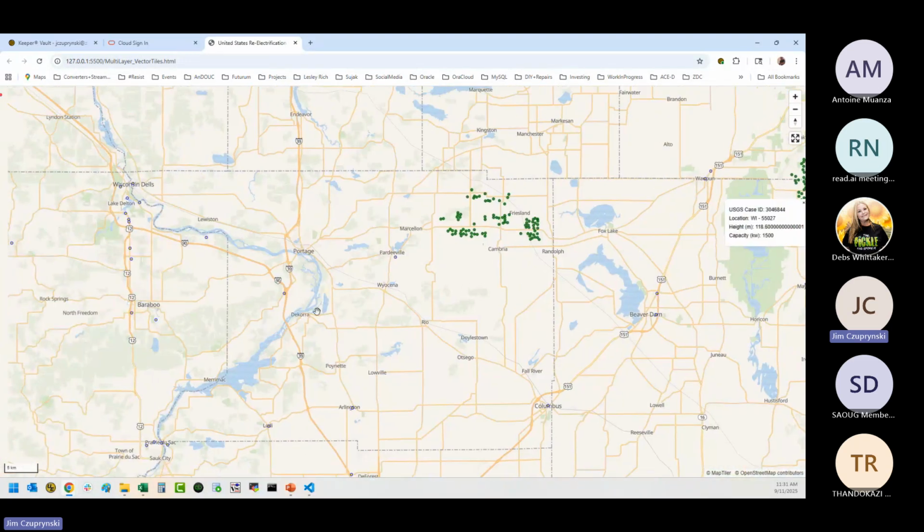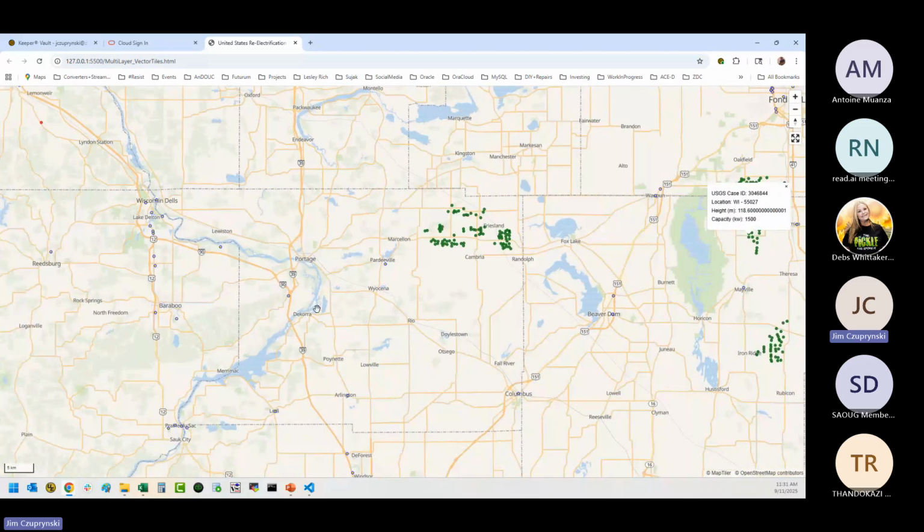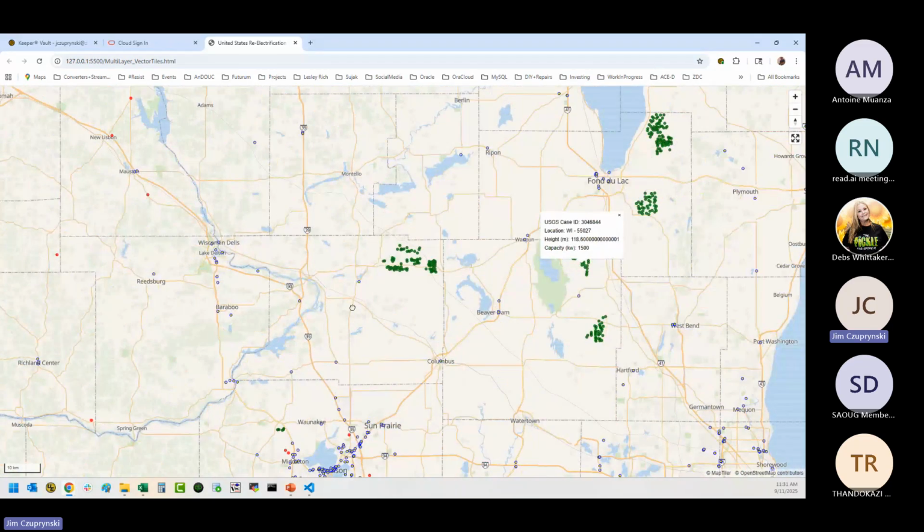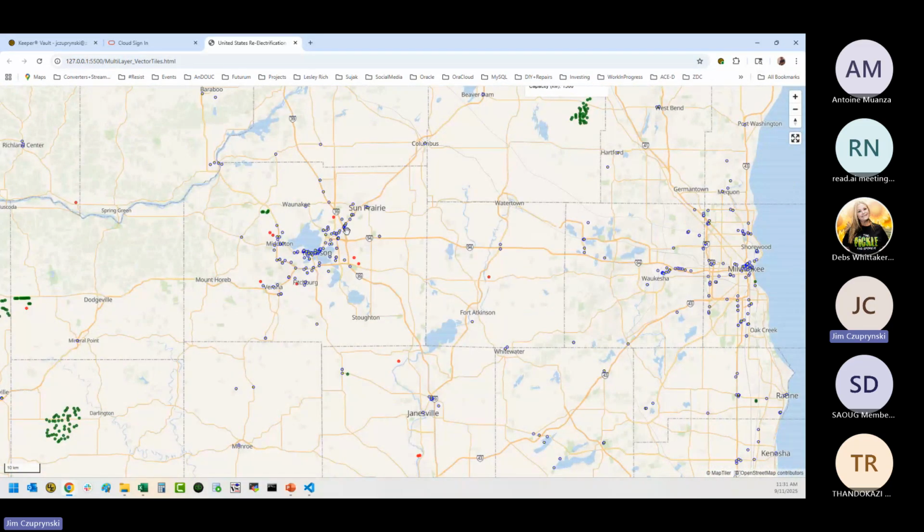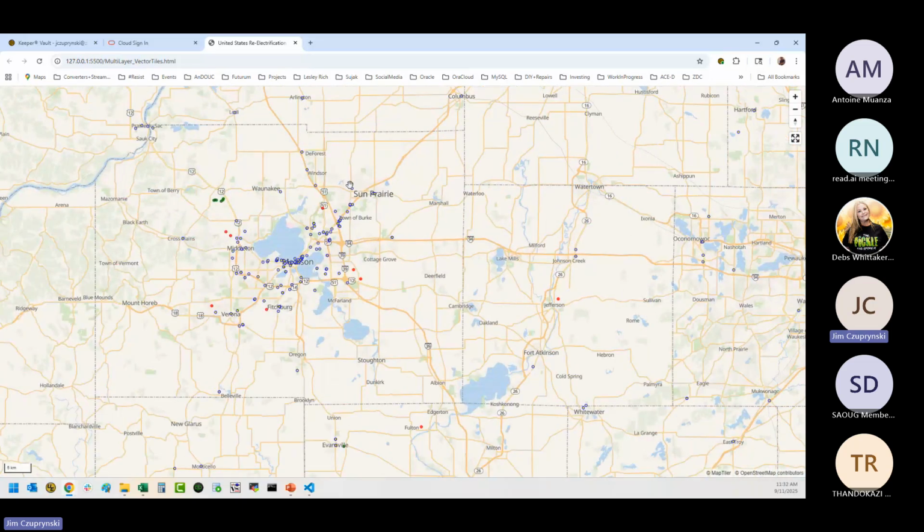I can also look at other things here. Let me zoom back a little bit and find a couple of charging stations. Let's take a look at this charging station right here. I may have to get right on top of it. Let's try getting right on top of one of them. Here we go. This is a charging station at a particular destination, and it has 6 level 2 chargers.